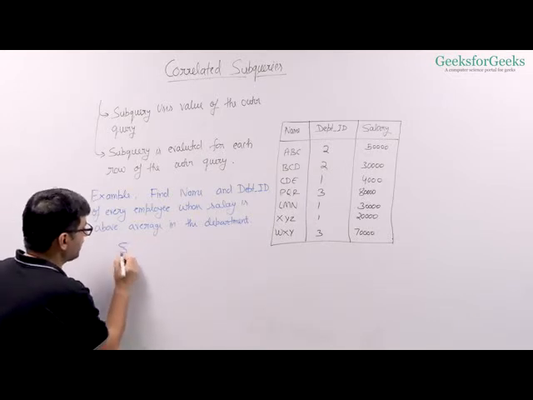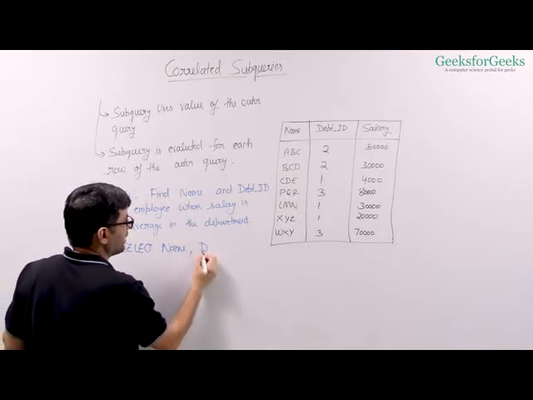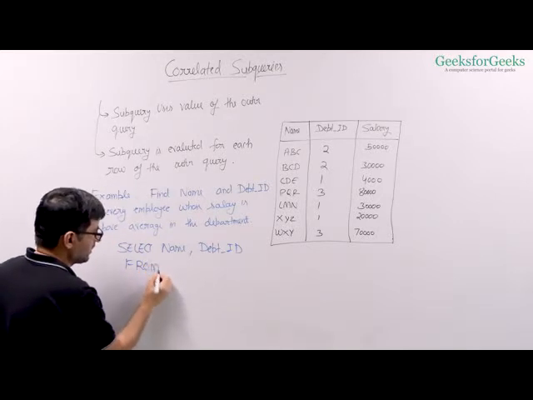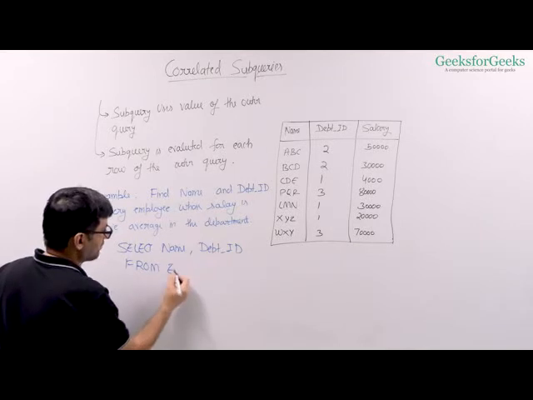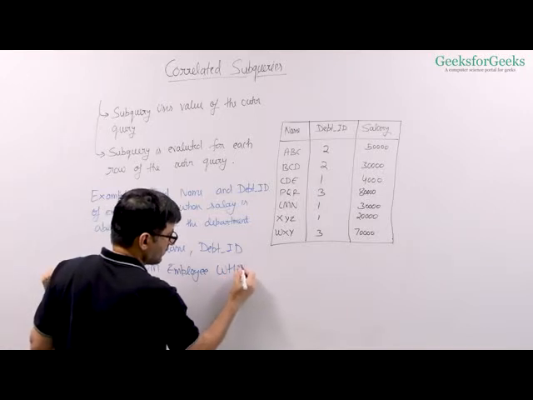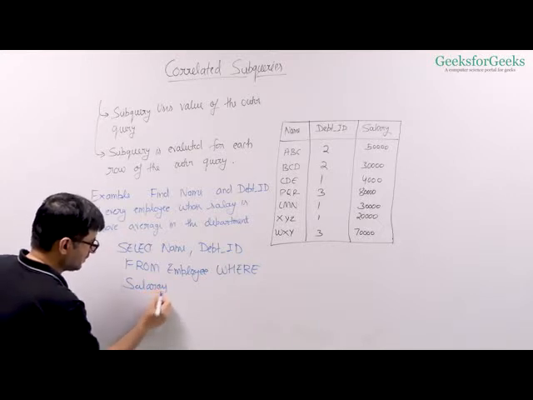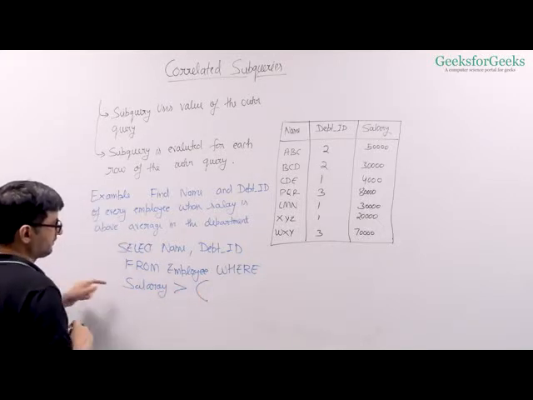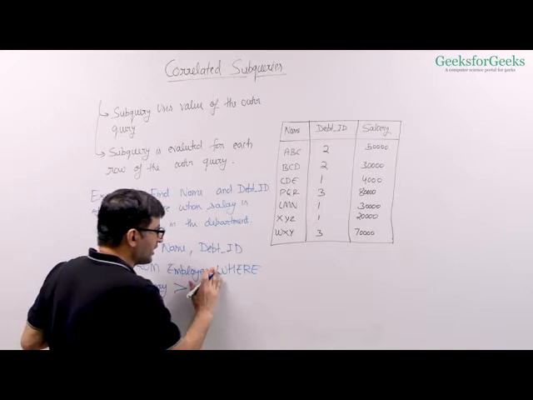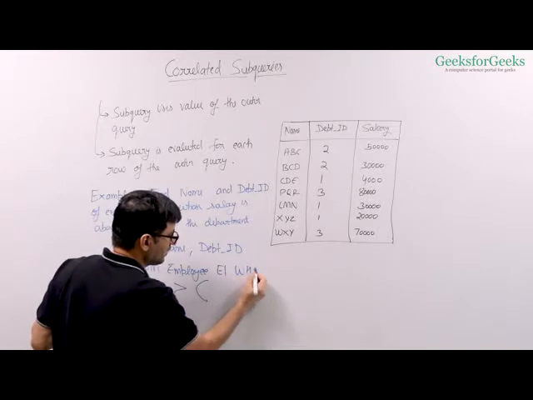We need to select name and department ID from employee. Let's say the table name is employee, where salary is greater than average salary of the employee in the department. So we are going to use the employee table again. So let's give it a name, the outer table as name, something like E1, where